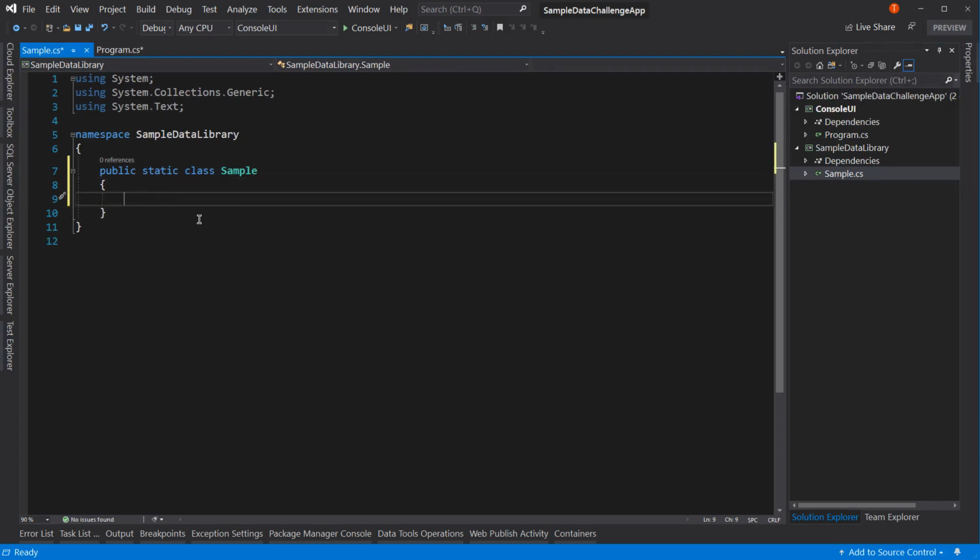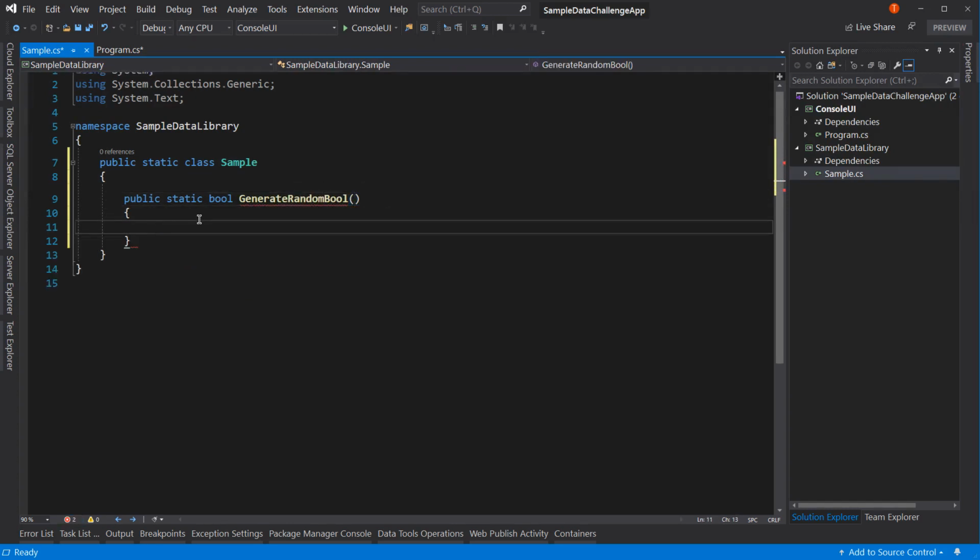So in our primary challenge, it said, let's create some sample values. The first one was a Boolean. So let's do that. That's going to be a pretty straightforward one. So public static bool GenerateRandomBool. And instead of putting it into a variable and then returning it, I'm just going to return it all in one line. So return,